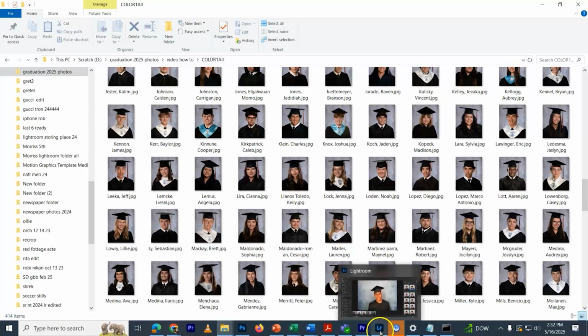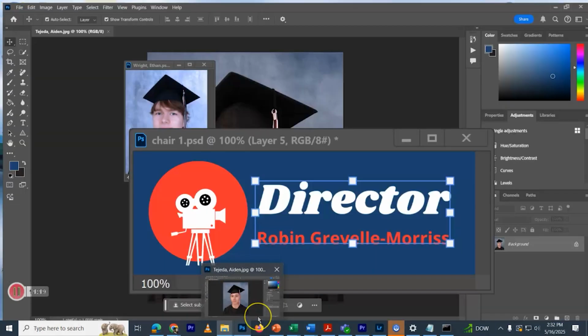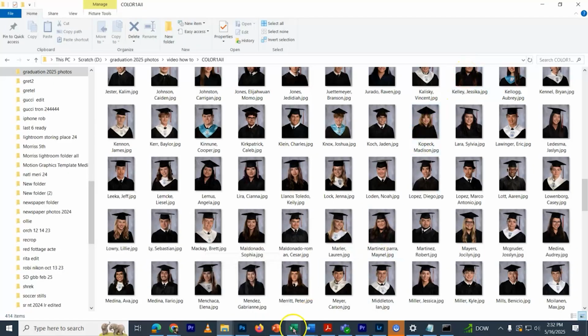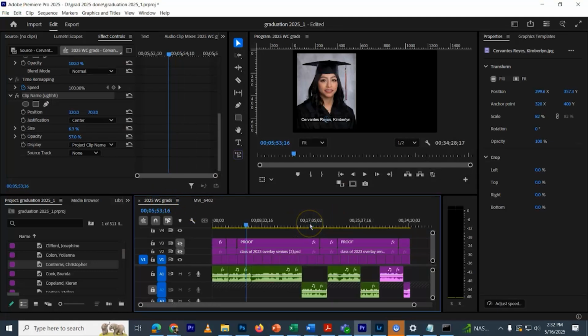You got to take them into Lightroom first, then Photoshop, put them all in that PSD and layer to make sure they're all the same size. And then that's when you go into Premiere. And again, just make a copy of this one or multiple copies of it. And then all you really have to do is, before you do anything,